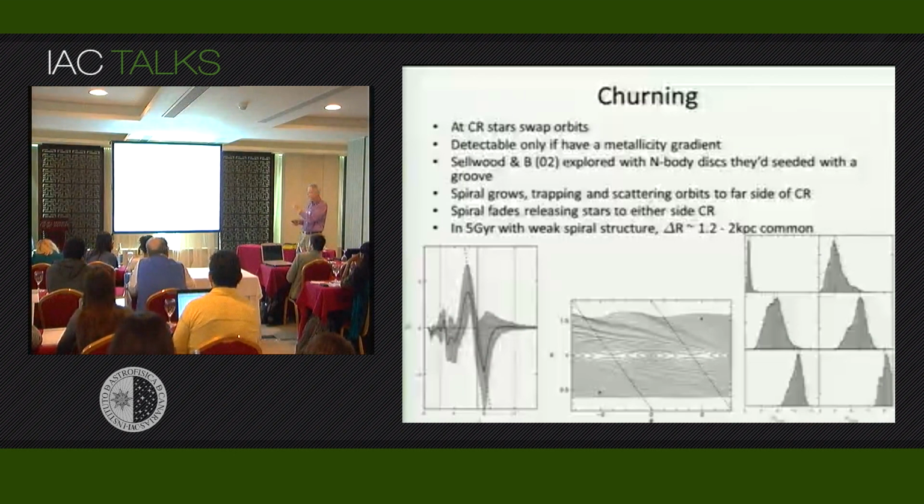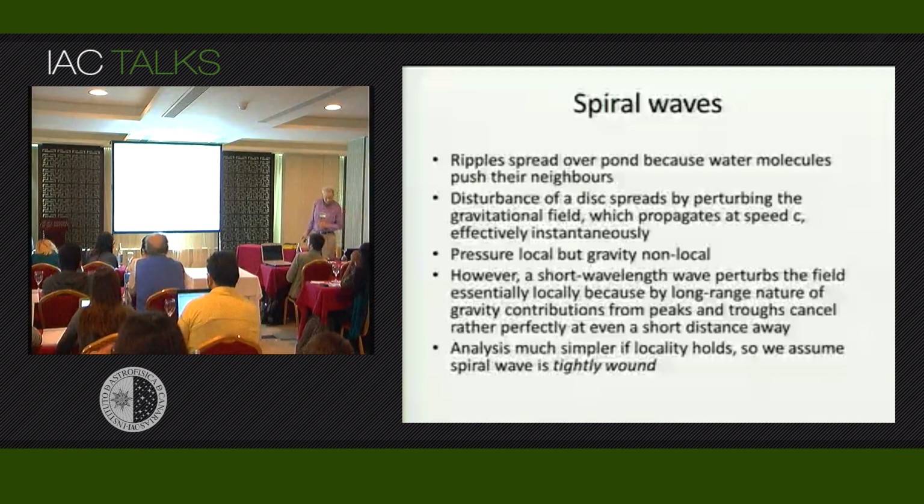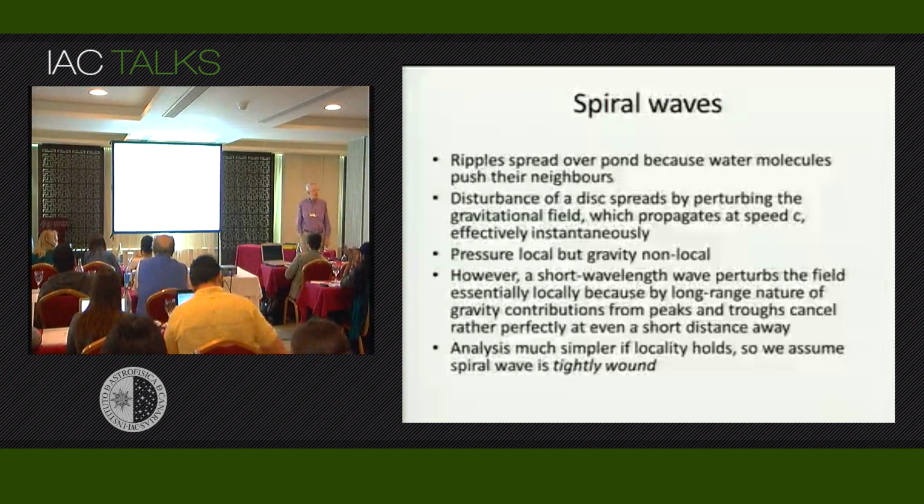And this is a disk which had very weak spiral structure, weaker than Ritz and Zaritsky saw in real disks, and was only integrated for about 5 gigayears, not for a whole Hubble time. So this orbit swapping is a very effective process, and it's scrambling the radii of stars without heating them. The crucial thing is that the stars are moving from almost circular orbit to almost circular orbit. They're not increasing their random velocities very much by this scrambling process.